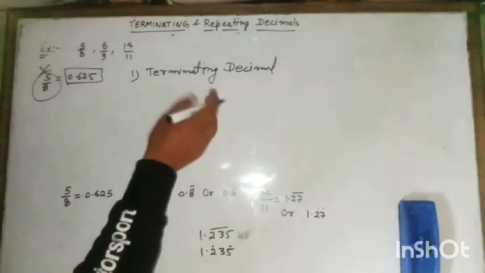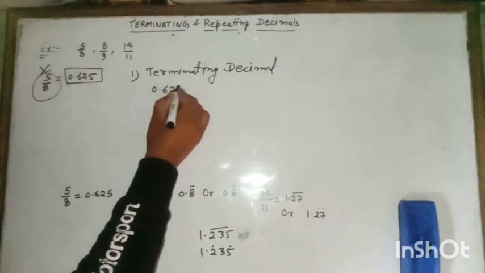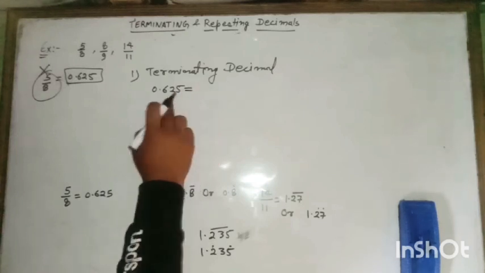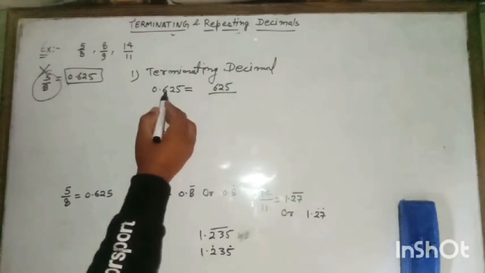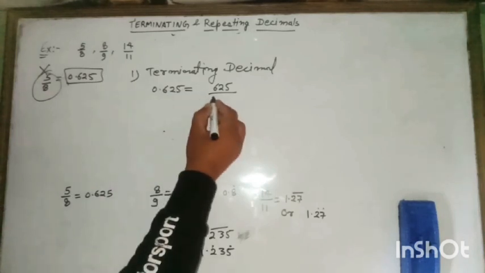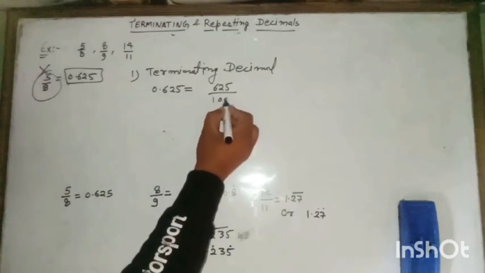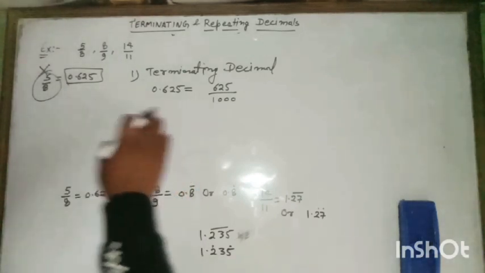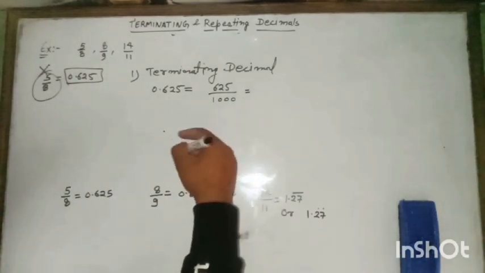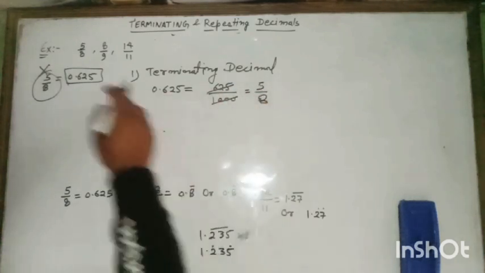In case of terminating decimals, what we will do, see, like 0.625 it is. We will write the numerator as it is, 625, and after the decimal, how many digits are there, 1 2 3, so we will write 1, and whatever the number of digits after the decimal, that many zeros we will put here. 3 zeros we will write here. This will be our decimal to fraction form, or we can solve it further. After cutting it, it will come 5 upon 8 as we know from here, no?